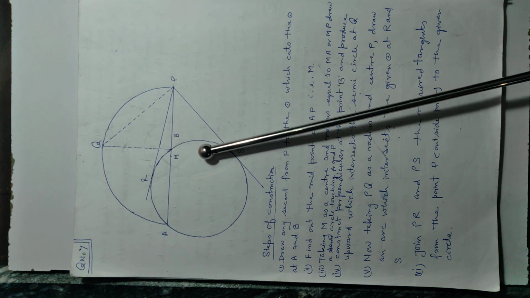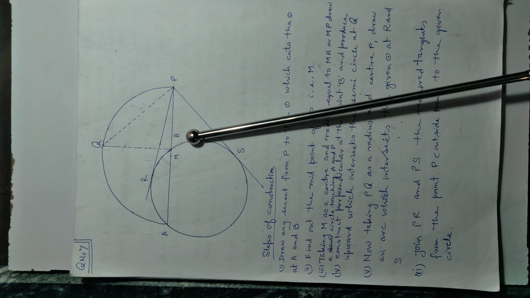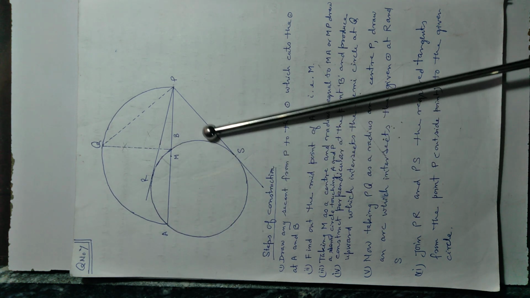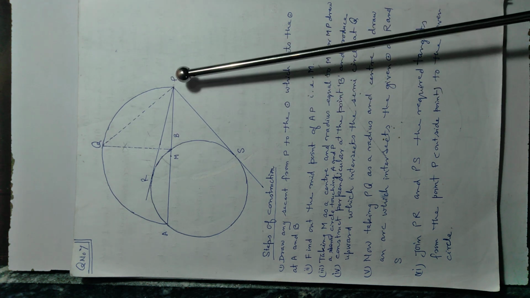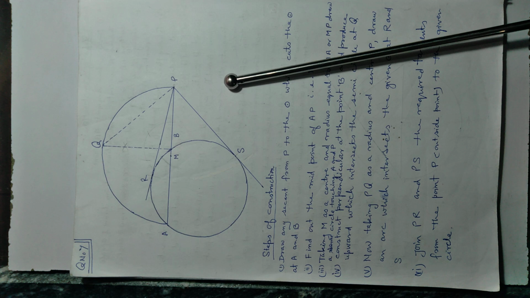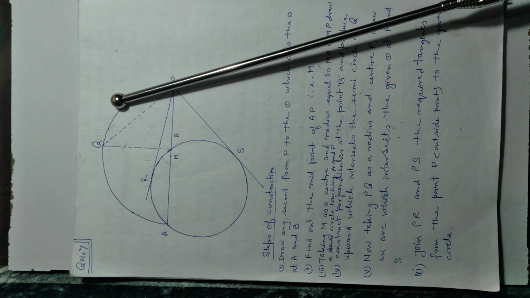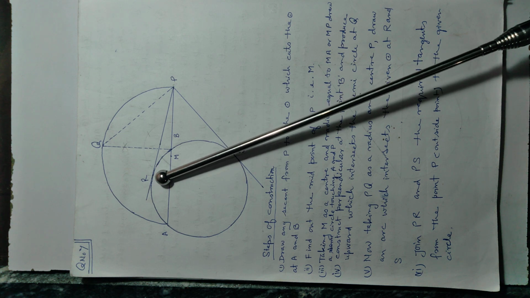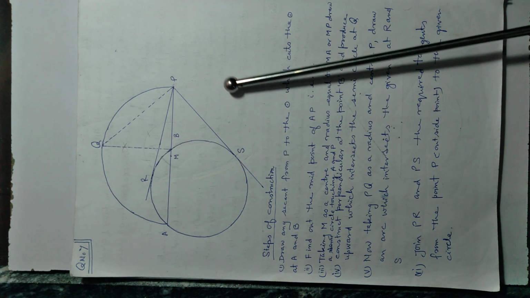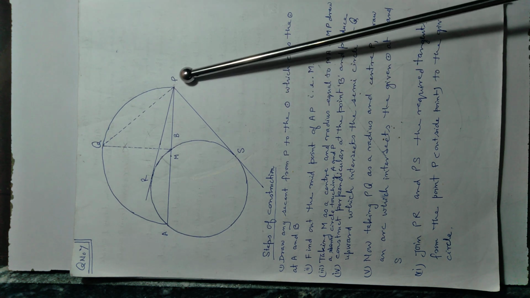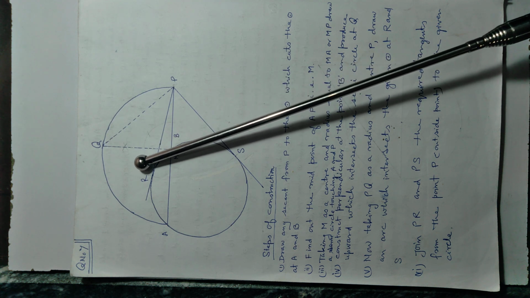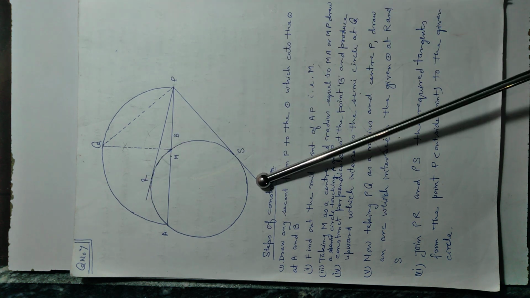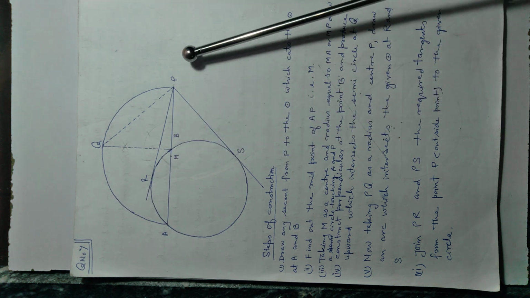From the point B, construct a right angle, and which cuts the semicircle at the point Q. Taking PQ as a radius, draw an arc which cuts the given circle at R and S. Taking P as a center and radius equal to PQ, draw an arc which cuts the previous circle at R and S. Now join PR and PS. These are the two common tangents from the point P.